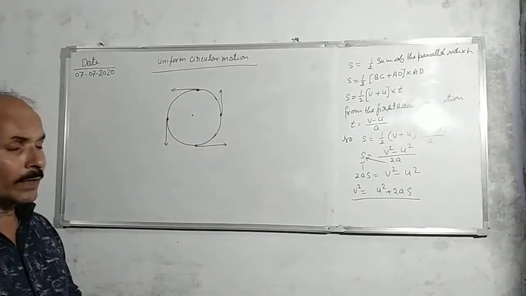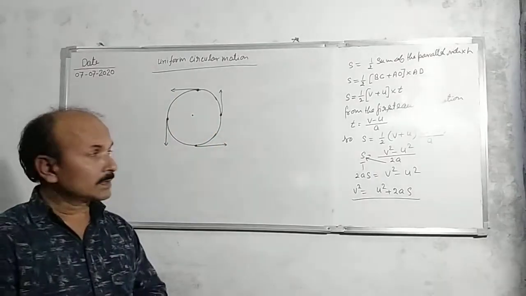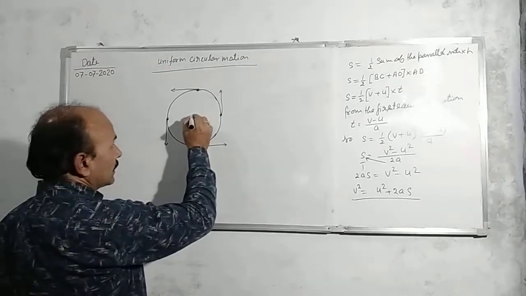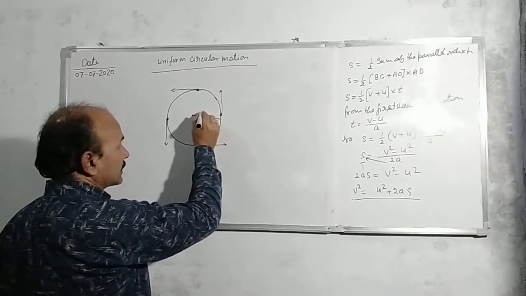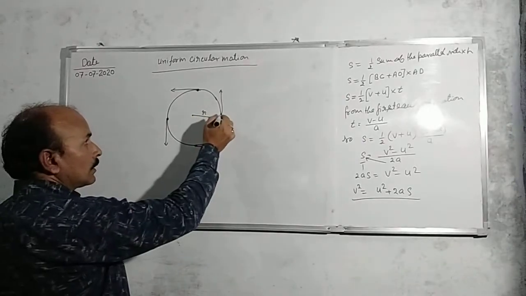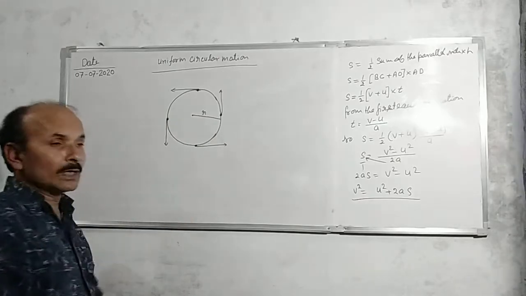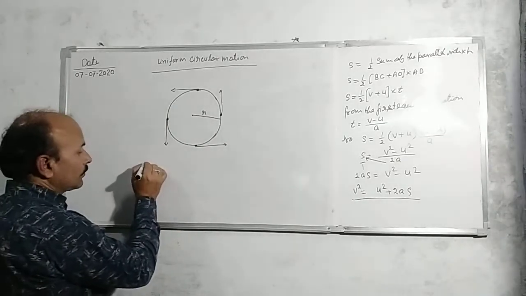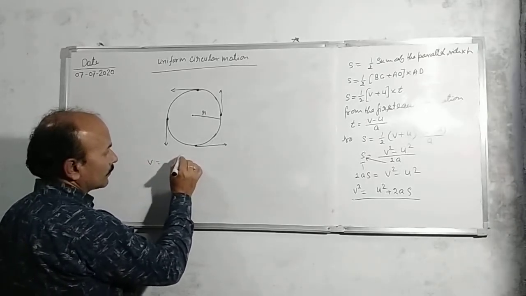And how can we determine the velocity of an object that is moving in a circular path? Let the object move in a circular path of radius r. The path of the object moving on the circle is known as the circumference of the circle, and the velocity is equal to displacement